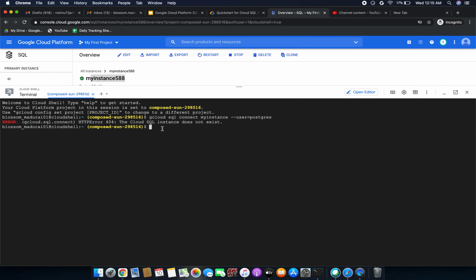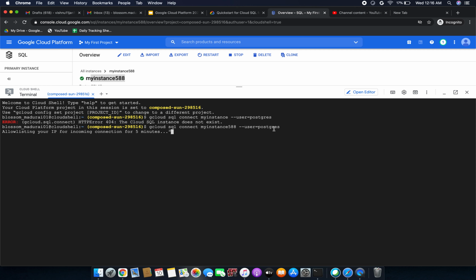Our instance name is 588, I have to add it, that's it. Just enter it. So now it will come. We have to give this one command, gcloud sql connect, then instance name, --user=postgres.